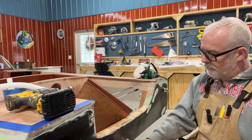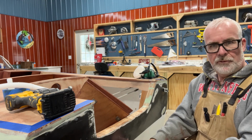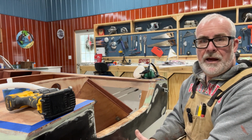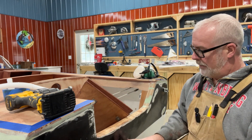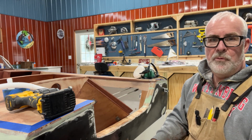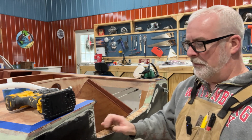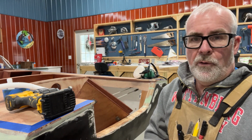This is already coming up against the back of the motor. It's open behind the motor where it'll drip out. But with the force of a bilge pump, I knew it would be really nice to have it over here and hide it and then put the tube away, maybe at boat shows. I'm finding that the volume of water that might come out of here is going to be way too much, and it's going to run right into the back of that Mercury motor and not do what it's supposed to do. So I made the hard decision of coming over to the side here and drilling another hole in my